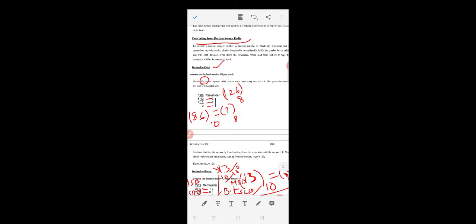Next column, octal system. What is the octal equivalent of decimal 0, 1, 2, 3, 4, 7? What is the octal equivalent of 10? What is the octal equivalent of decimal 15? You just find and write in the table. Try to learn the table by heart for your future problem solving. Okay, I am telling this again, don't forget.